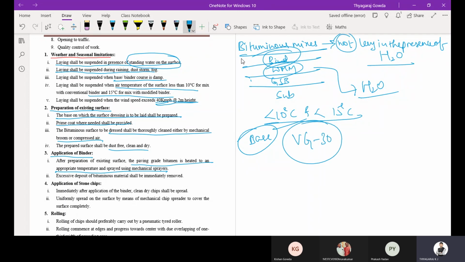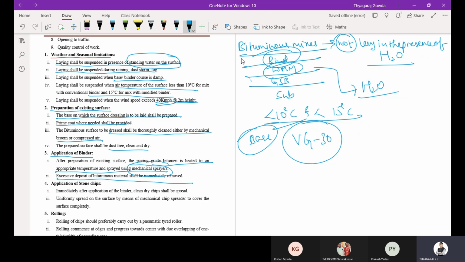It is heated to an appropriate temperature and sprayed using a mechanical sprayer. Then excessive deposits of bituminous material shall be immediately removed from the surface.